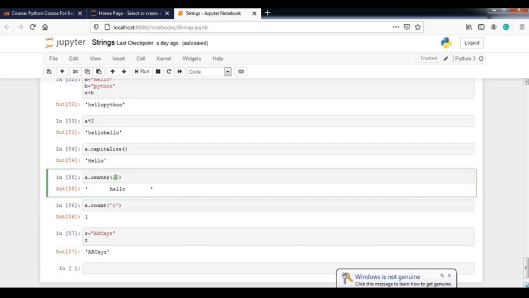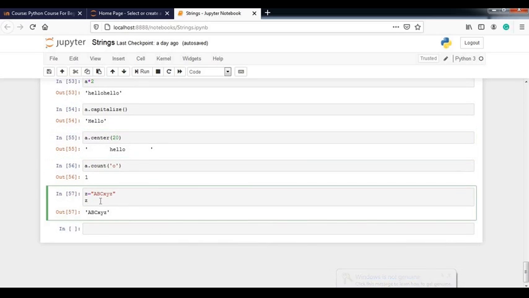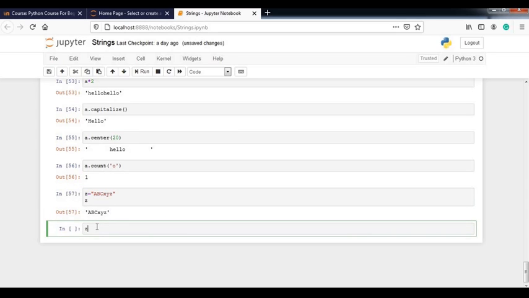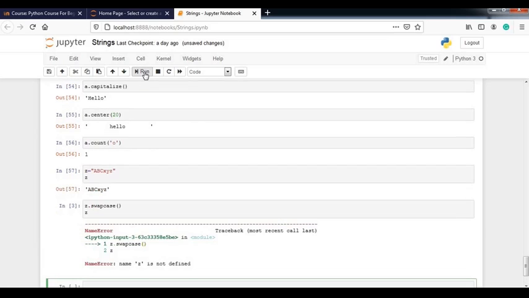Then if I have a z, now move to next functions. Okay, so swap case, we use swap case. Swap case is basically what it does: this method will return the string by swapping lower case to upper case and upper case to lower case. So as I wrote the string, z is printed right now. If I apply swap case, z dot swap case, and simply print z, then see what will happen.